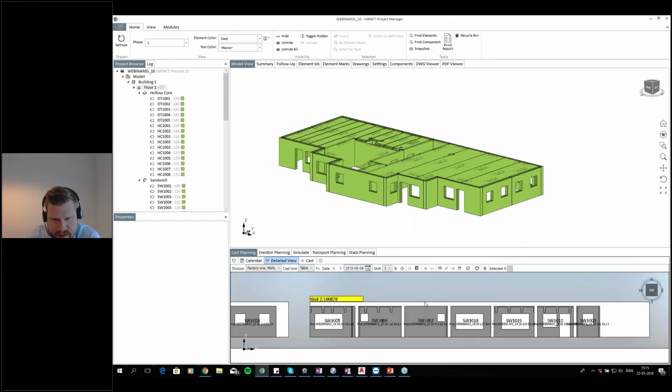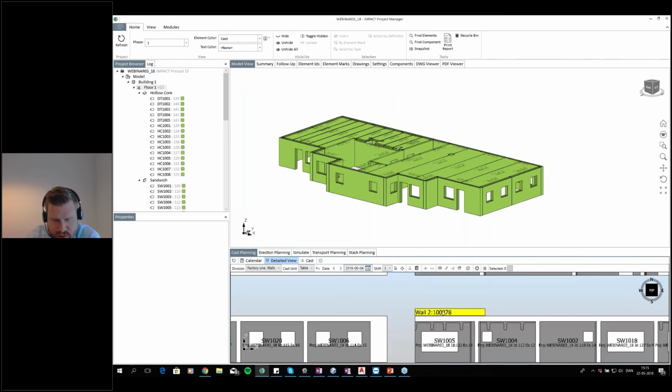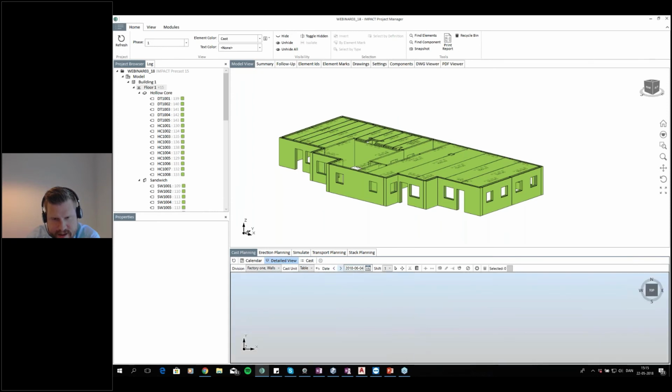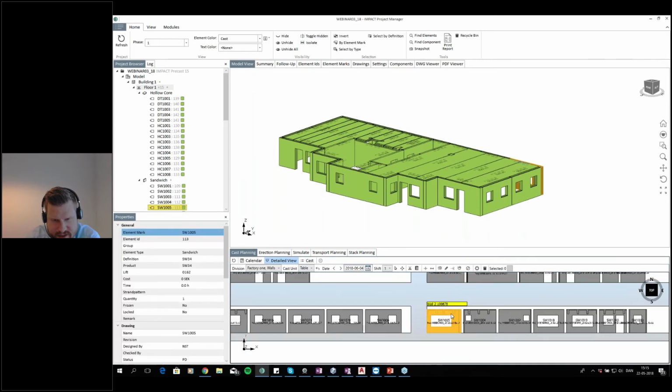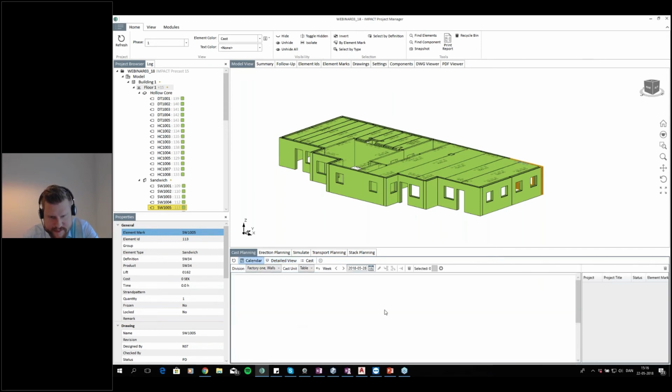So what happens then if I want to move all the elements from wall 2, because I don't want to use that anyways. I actually want to produce these elements the day before, the 3rd of June, instead of the 4th of June. I can't drag these ones to the 3rd because I can only see one day here. So what I do is I go into my calendar,